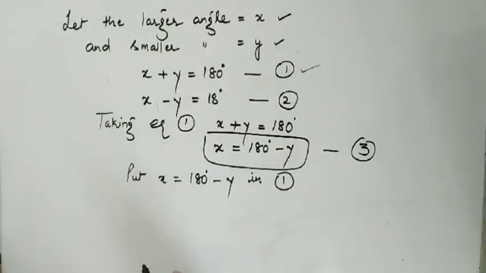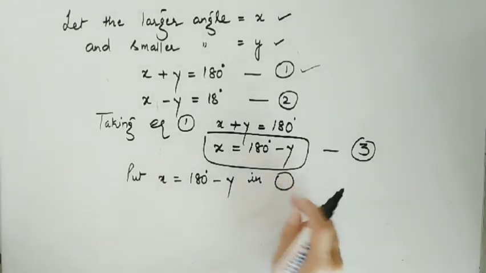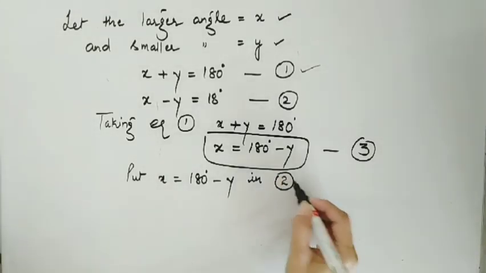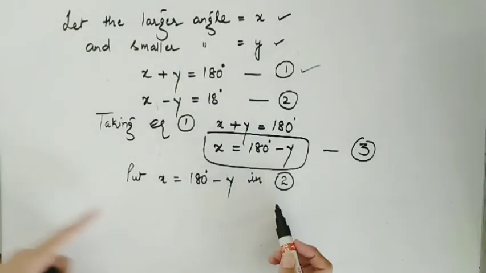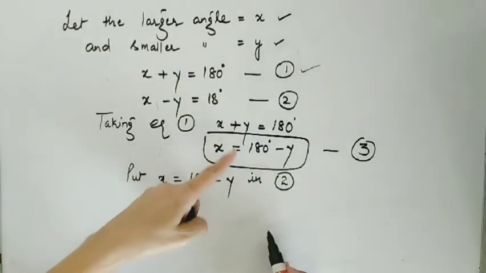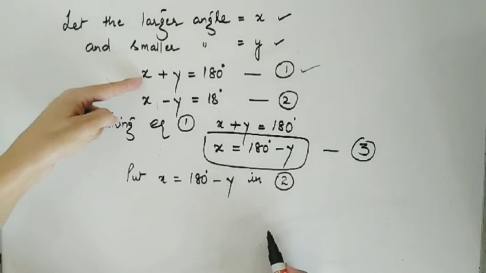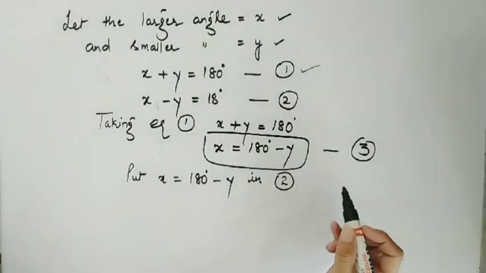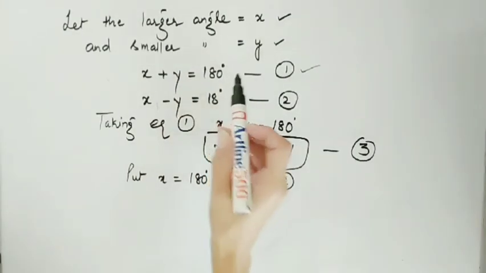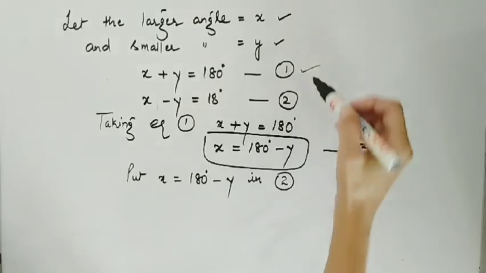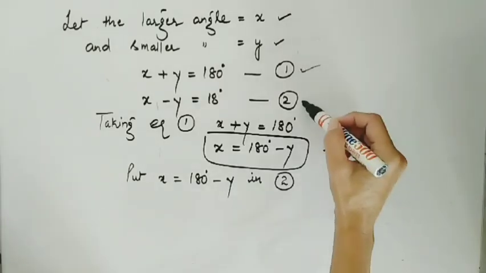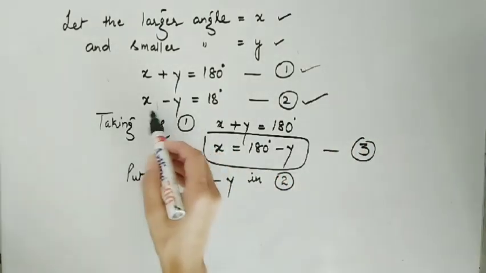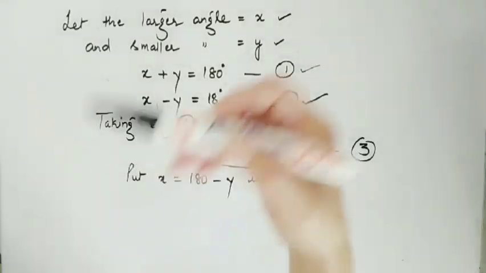Put x equals 180 minus y in equation 1. Now let us see what, not in 1, equation 2. Yeah, this is interesting. Suppose you put this value of x in the same equation where it is framed, you would see everything would cancel and we would not be obtaining any sort of result. So remember this thing. If the equation for substitution is framed from 1, put the value in 2. If you would have framed it from 2, then put the value in 1.